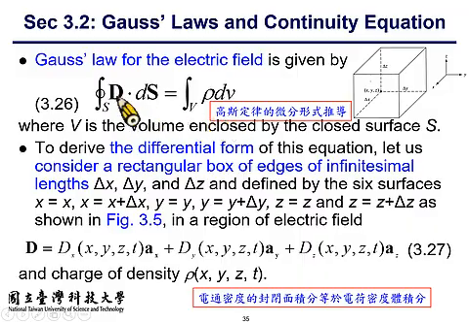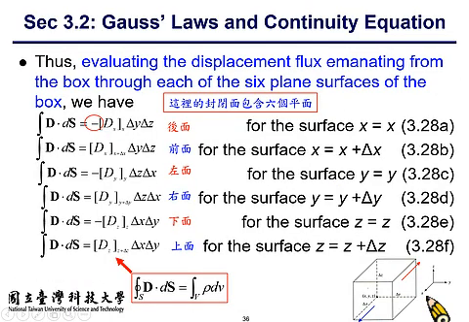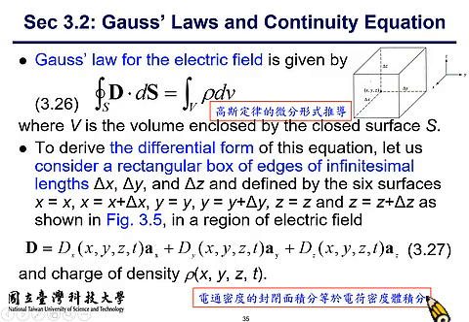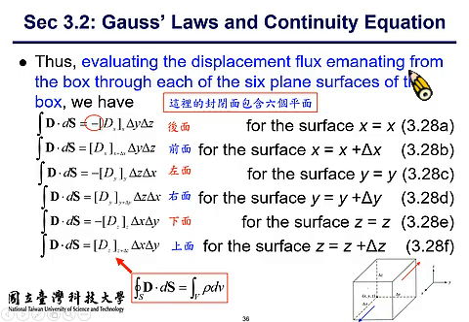The implication of Gauss's law for the electrical field in the integral form suggests that the closed surface integral of the electrical flux equals the volume integral of electrical charge density, which also equals the total charge enclosed by this small region. All right, let's take another look at this cubical area, which